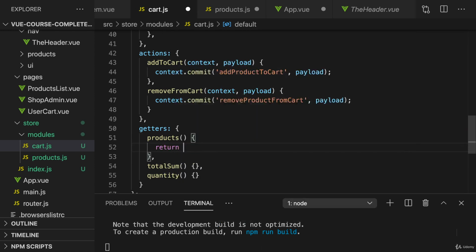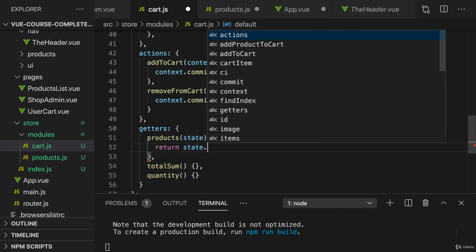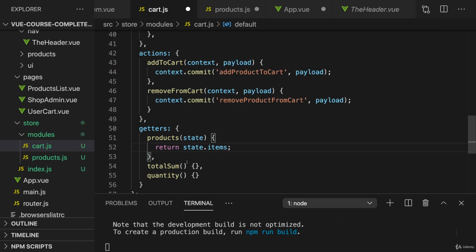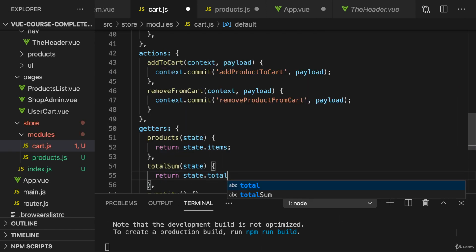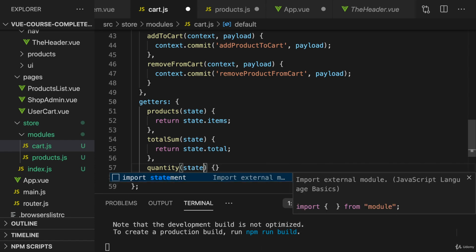And then here return state, which we get in a getter automatically, state items. Here in total sum, return state total. And here, return